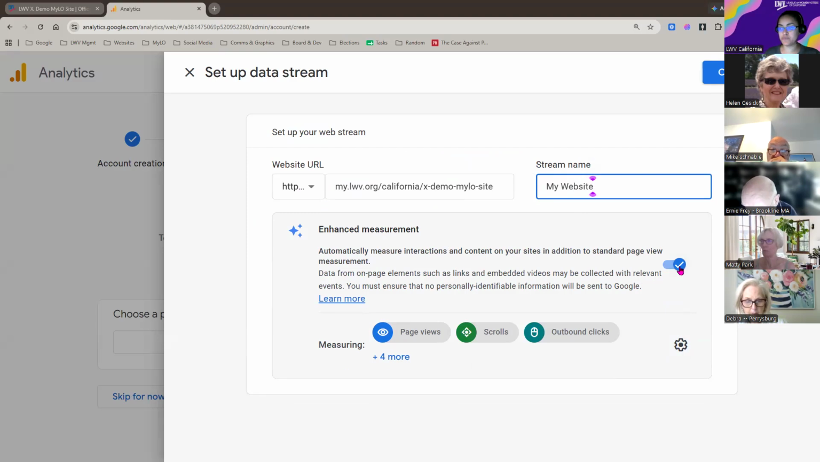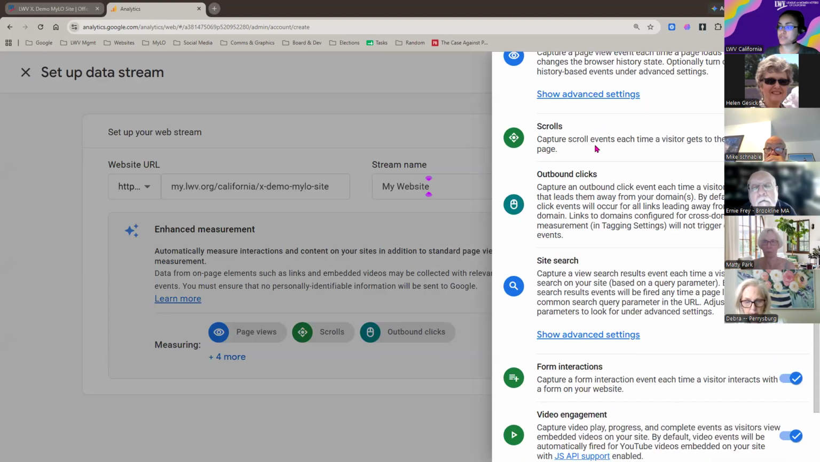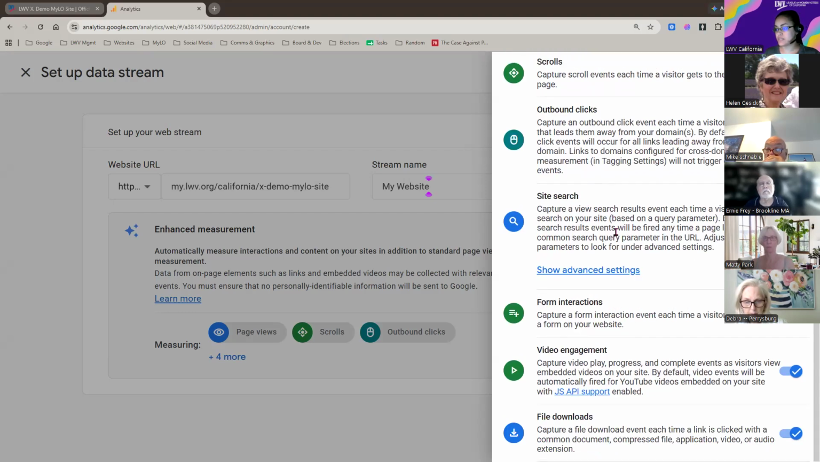The enhanced measurement should already be checked off by default. If it's not, make sure it is. This just means that aside from page views, they're also going to track scrolls, outbound clicks, site searches, form interactions, video engagement, and file downloads. For some of these,